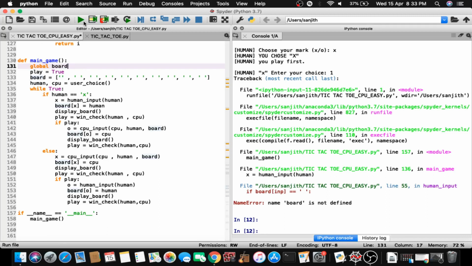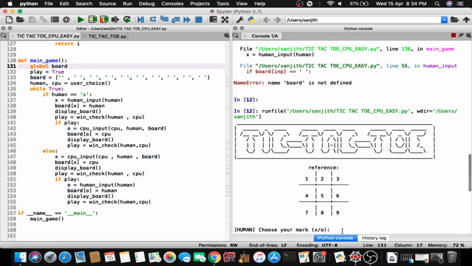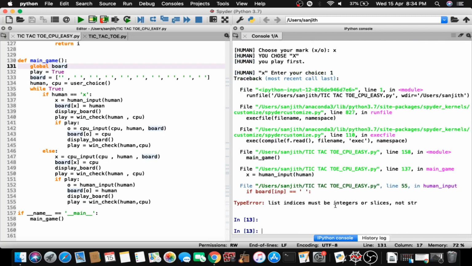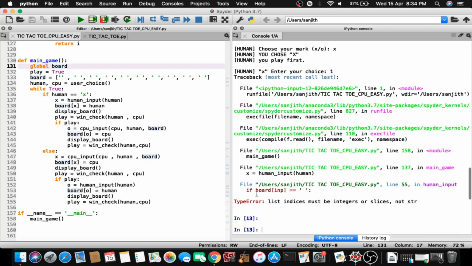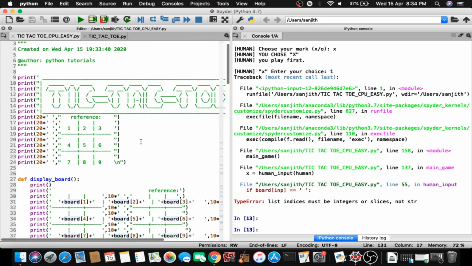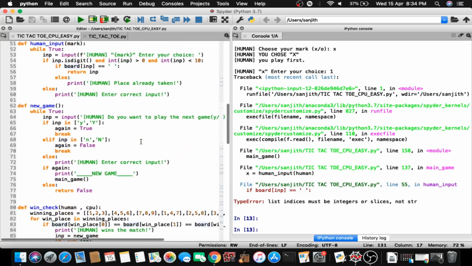Yeah, now it should work fine, I guess. X, the first choice is 1. Oh my god, seriously. What is the same mistake in line 55? What happened there is